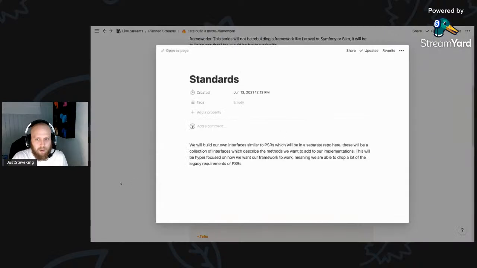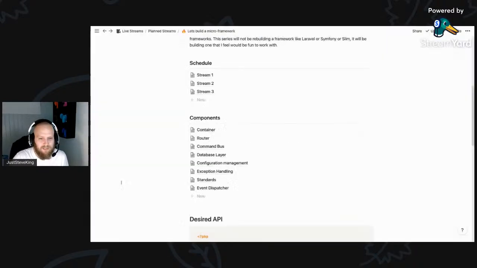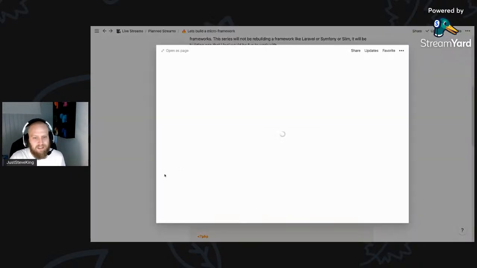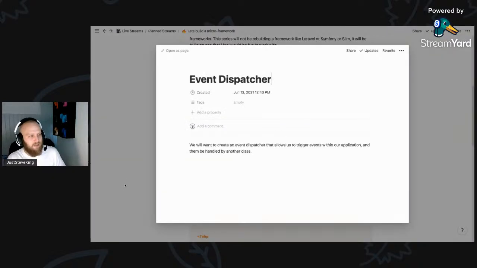What standards are we going to follow? Are we going to follow PSRs, or do we find them too tight for how we want to work with this? Then we're going to look at an events dispatcher. So these are things such as